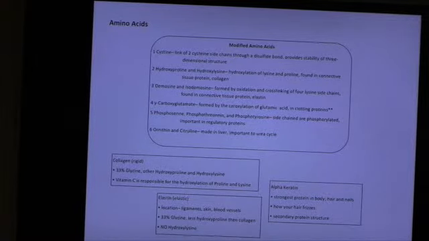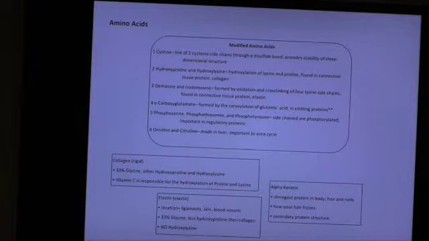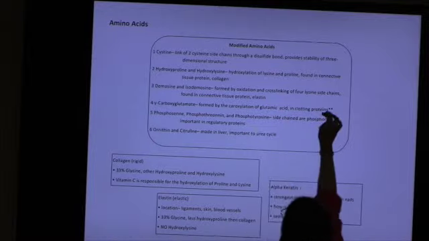I'm going to go through just a couple of the modified ones, but make sure you read through these, okay? The big ones that are on there, so hydroxyproline, hydroxylysine, hydroxylation of lysine and proline, these are used in what? Does anybody know? Collagen. Hydroxyproline, hydroxylysine used in collagen. What vitamin do we use to hydroxylate? Vitamin C. So vitamin C is needed for collagen production. You see the connection? All right. Carboxyglutamate, okay, we're gonna talk about that one. That is a clotting protein.